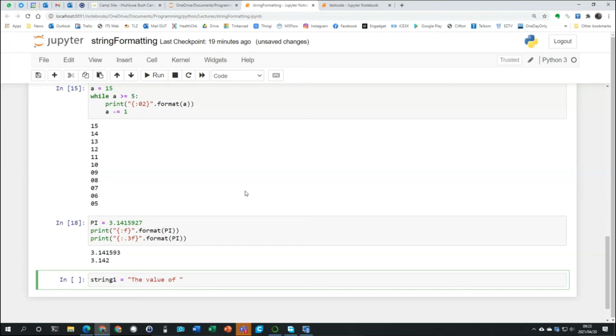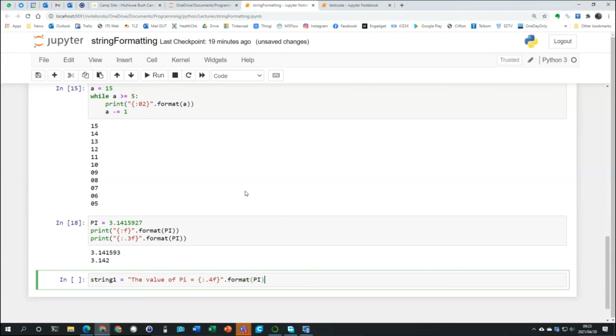Value of pi equals, and then I can use a placeholder. Let's go to 4 decimal places just to be different. Dot format pi. When I run that, it is creating a string, and you can create a most complicated string you want using these placeholders,